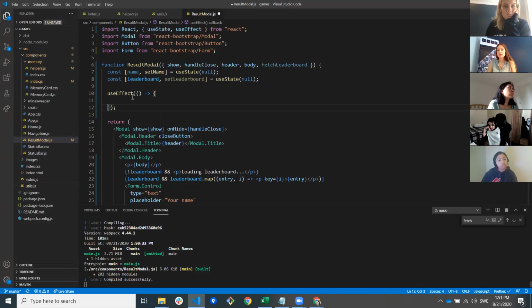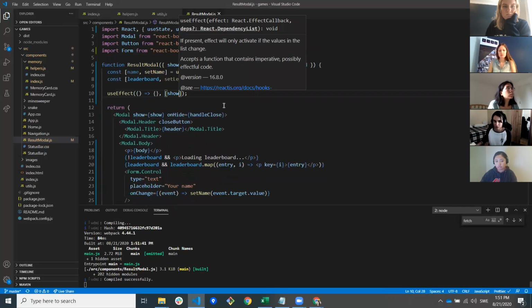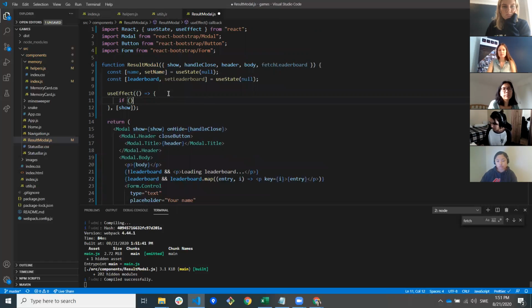So this is quite a common pattern now, right? We have a dependency array with some variable, and then inside here we have if some state, some value of this variable. We had this pattern for our win variable and for our game over. We want to do something when this variable changes to true, and we don't want to ever do anything when it's false. So if show,